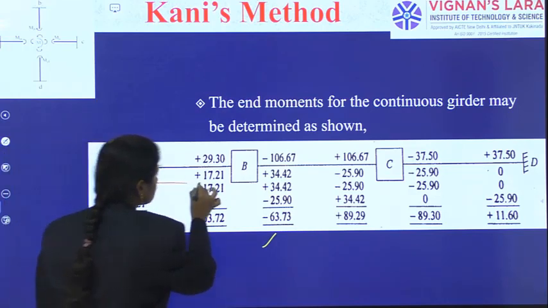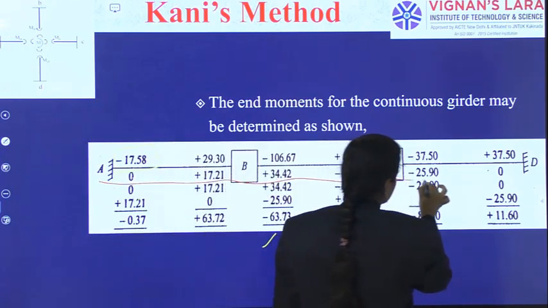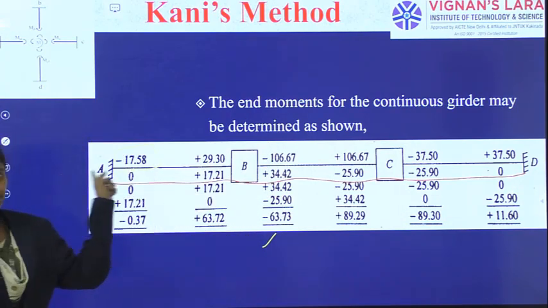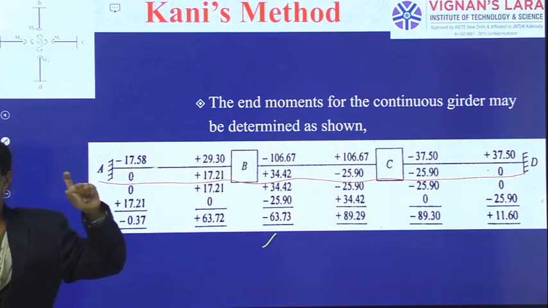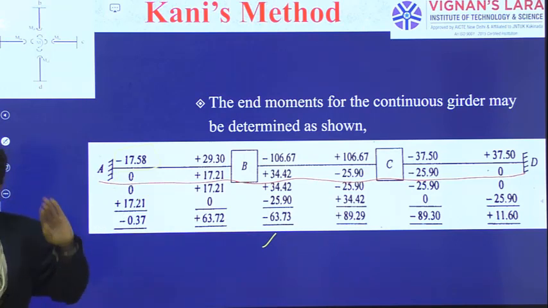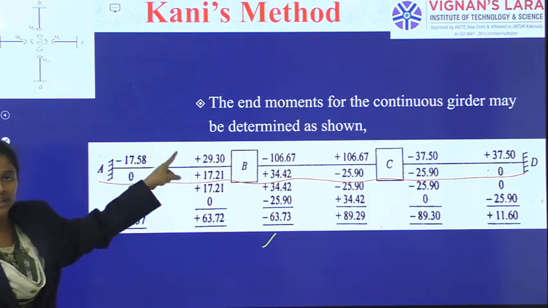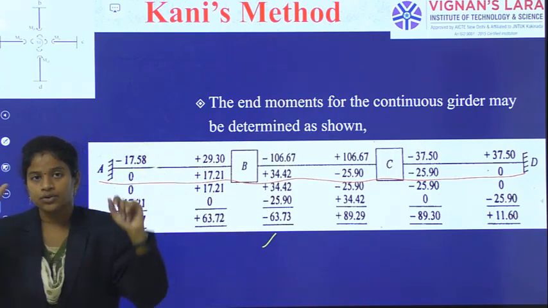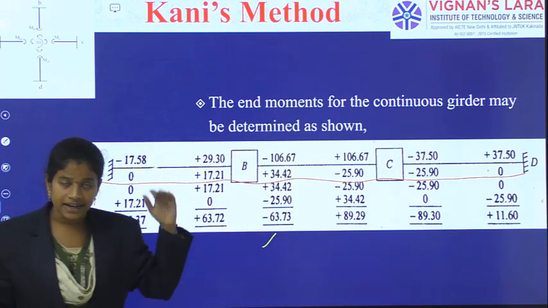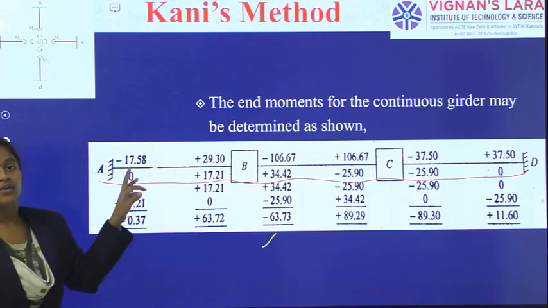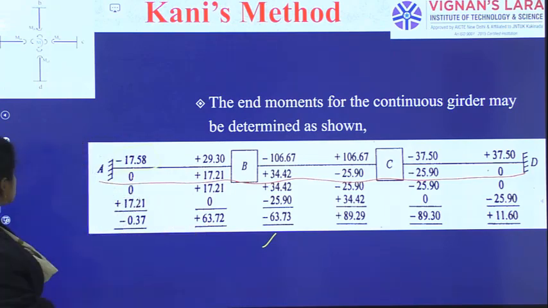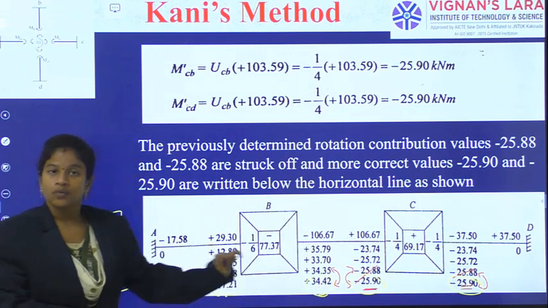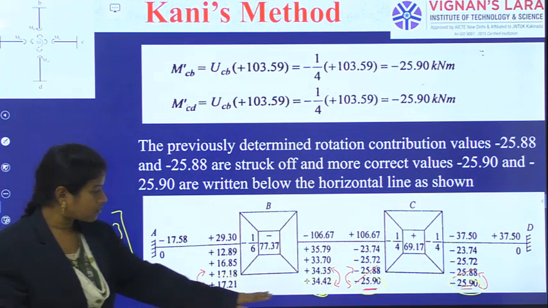For writing all these things, firstly we will have to develop up to this. So how will we develop this? Simply indicating the line and indicating the joint names. Later, what will we do? We will indicate the fixed end moments above the line, at A towards B, at B towards A. Those fixed end moments we will write. Later, we will write the contribution moments we have just got as the last step. So all these columns we will write. What have we got? This value only I have got.